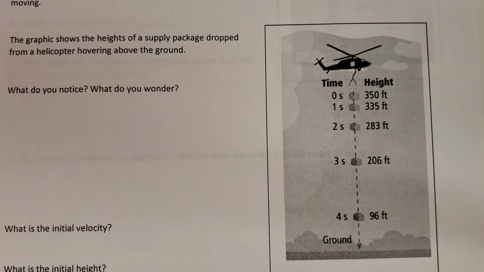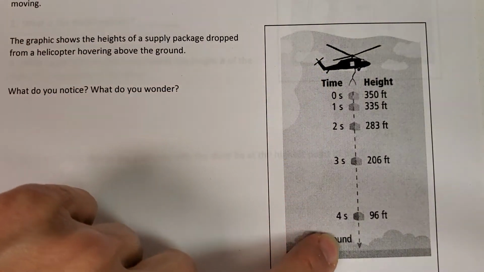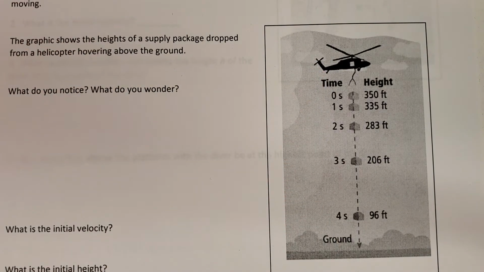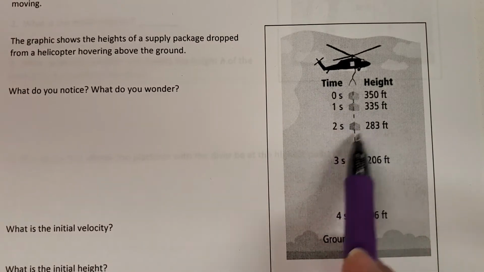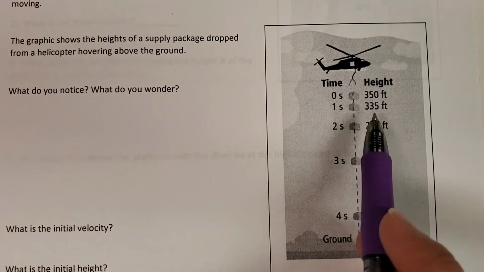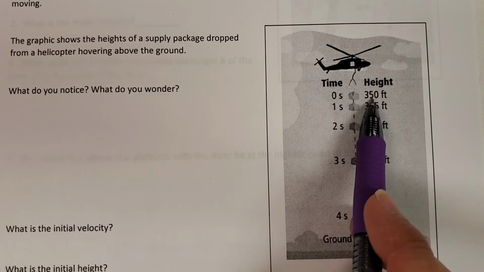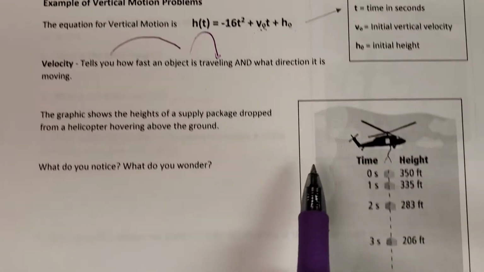That's what I mean, that's the quadratic part. But when that 16 is the average velocity, you can see that it keeps getting bigger, but eventually it's going to hit the ground. If you have these points, you can actually come up with an equation. But all we need is this 350, the initial height, and the initial velocity, and we can plug it in